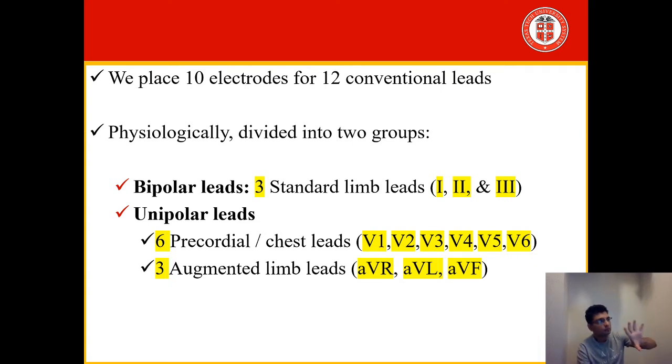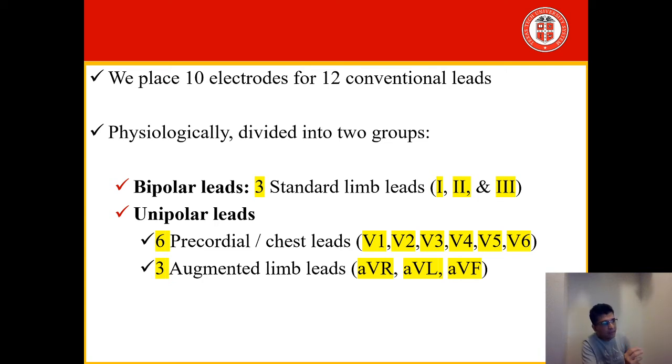So we have, out of 12, 3 leads: lead 1, lead 2, and lead 3, which are the bipolar leads or the standard limb leads. And we are going to place electrodes somewhere here, here, and beneath these ribs, 4 different places to get these bipolar leads. If we look at the unipolar ones, we have 6 chest leads or precordial leads, which are V1, V2, V3, V4, V5, and V6,